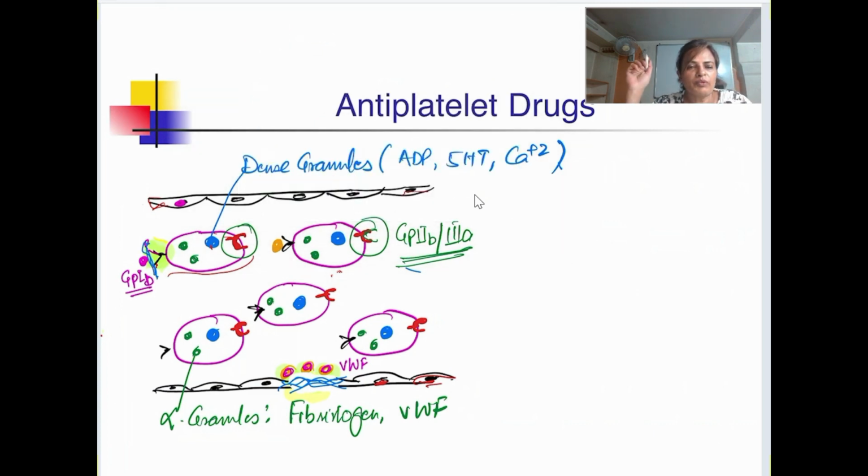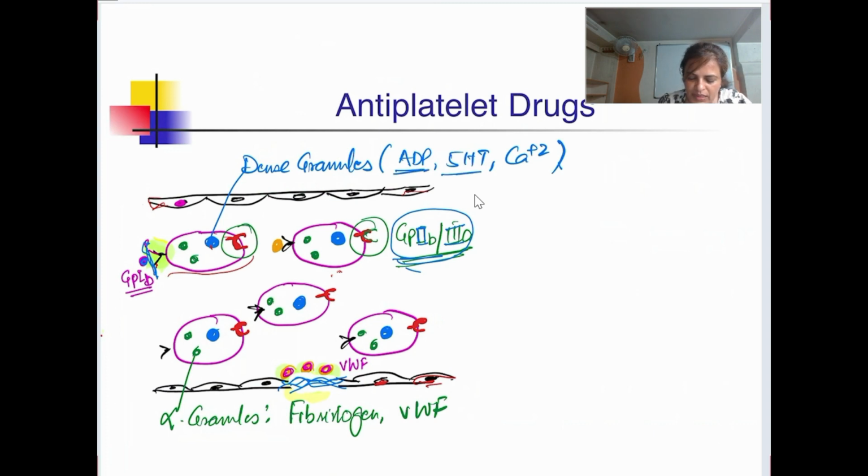So now once this binds, what will happen? It is again going to cause the activation of the platelet. Once the platelet gets activated, what will happen? This receptor, GP2B3A receptor, which was inactive as such, gets activated. Another thing is, this collagen and von Willebrand factor binding to the receptor is going to cause the activation of the platelet, and here again there is a release of